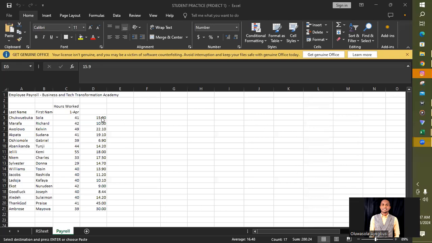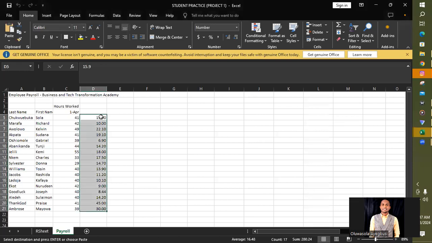So we have the hourly wage here. But let me just shift them so that they don't overlap. So I'm going to put the hourly wage